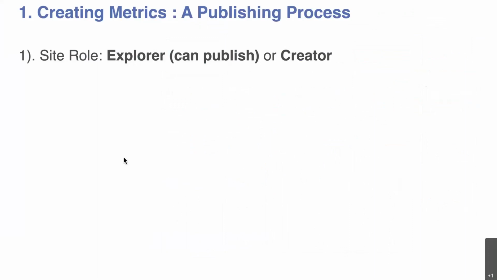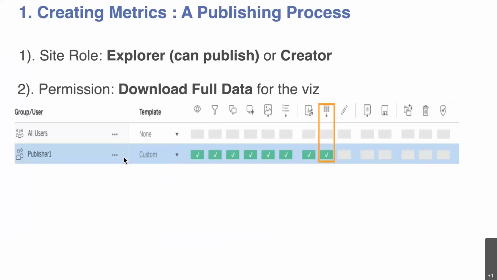You need 5 things actually to make it happen. So it's not available for everyone. First, cite the rule. You need to have either creator or explorer can publish cite the rule. Second, the workbook level has to have a permission to allow metrics to be created from